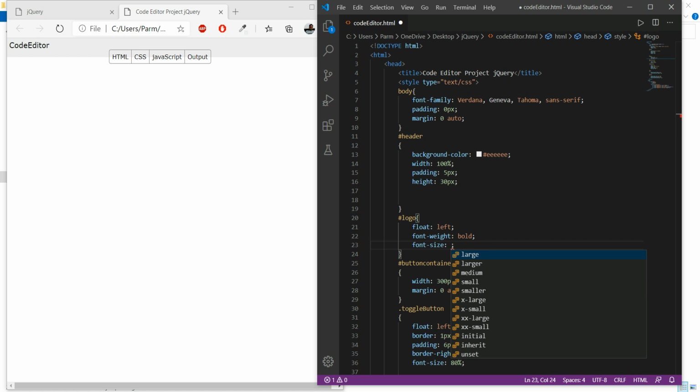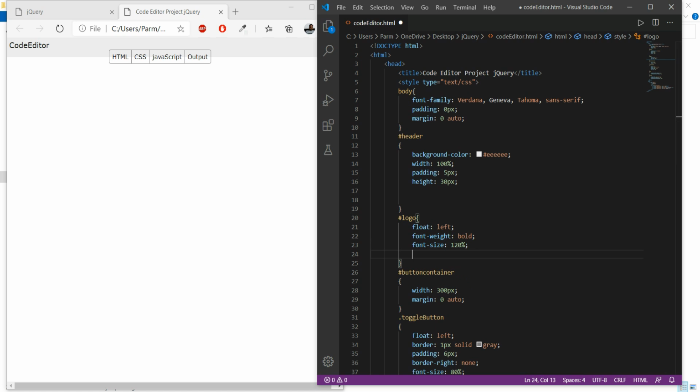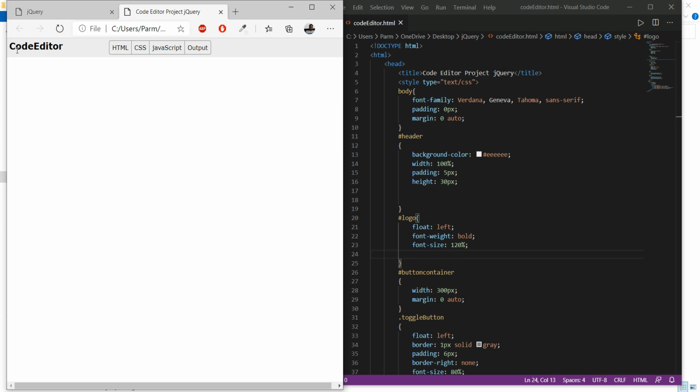It's more than the rest of the font size, so I'm just making it around 120%. Then I have to set padding for this. How much padding is required? Let's see. Save this, refresh it. Yeah, it looks beautiful.